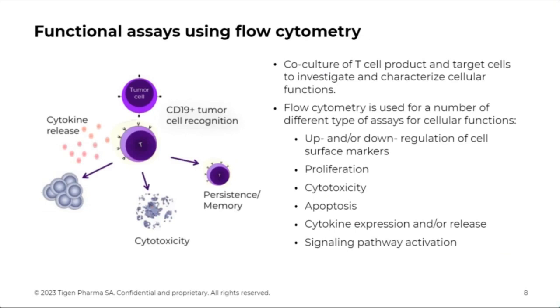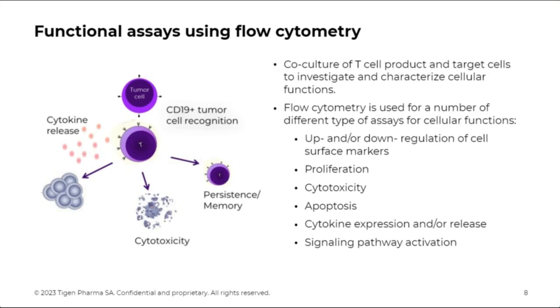In addition to looking at what type of T cells we have there, we can also look at their function, what they are doing. Often in order to trigger the cell to react, we culture them together with a target cell type. So for example, if we would have CD19 CAR T cells, which is a T cell recognizing CD19, we would mix that together with a target cell expressing CD19, which would then trigger an activation of the CAR T cell. And by doing this, we can investigate and characterize different cellular functions.